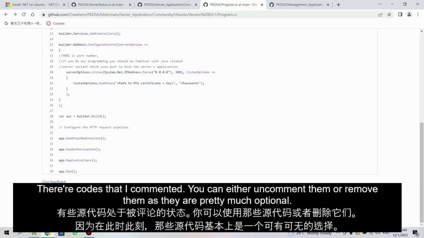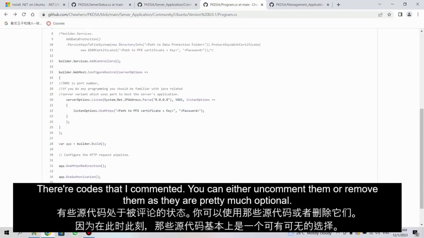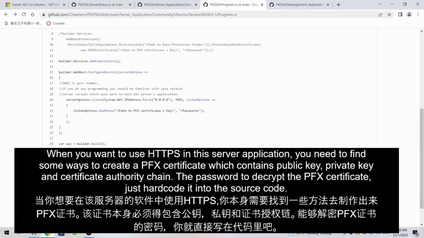If, let's say, you want to use HTTPS or CA cert in your application,